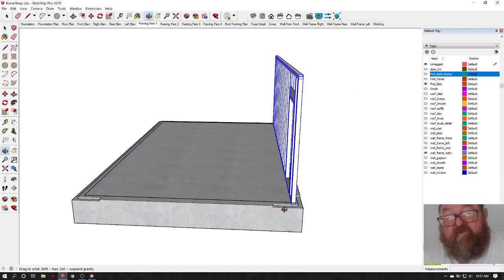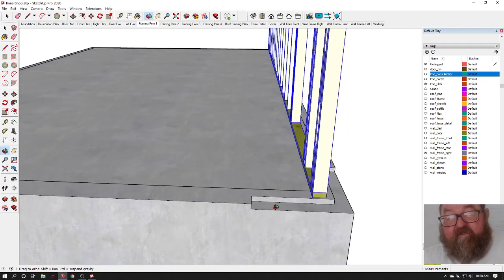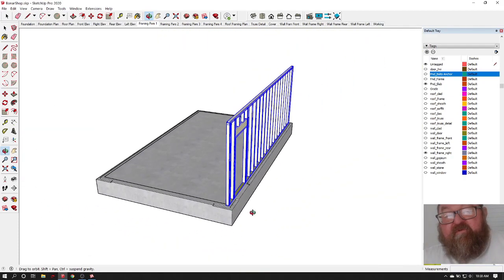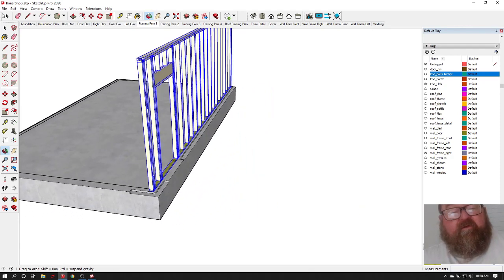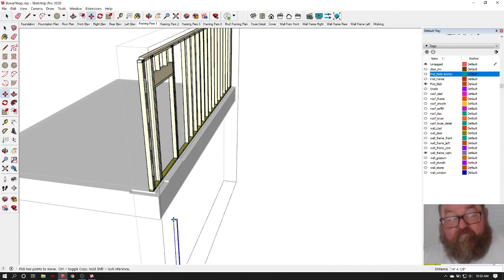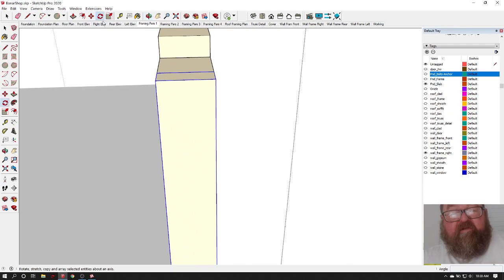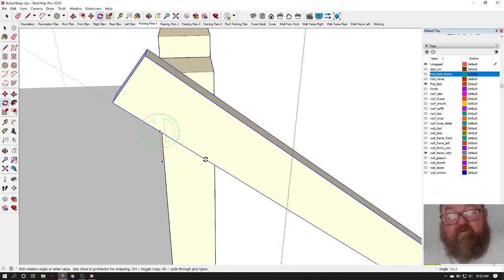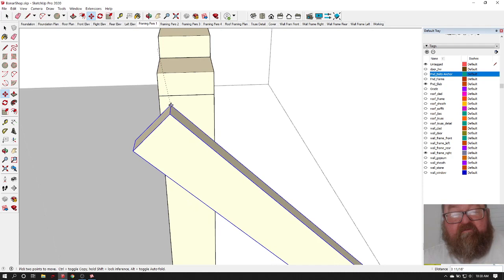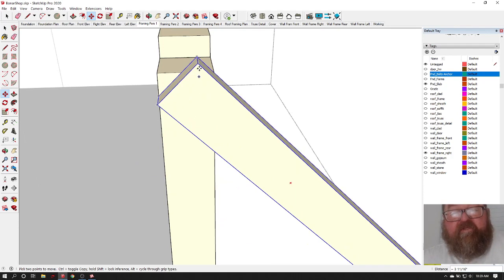Now here's the thing. Since you have a concrete floor, a concrete slab, and a brick ledge, and this is the front out here, the reason I'm saying brick ledge is because the wall is set back. What you want to do here is just brace off your wall. Let's just copy one of these studs out here. That would be at about a 45-degree angle. And then we'll just move this down. Really what you want is this corner to be like this. I mean, you can put it that way, but